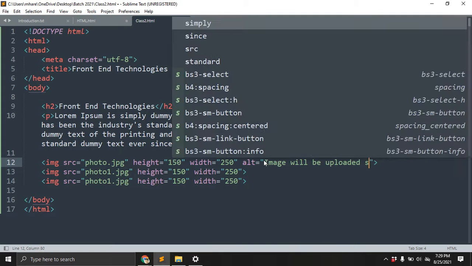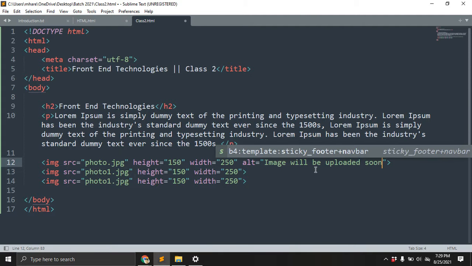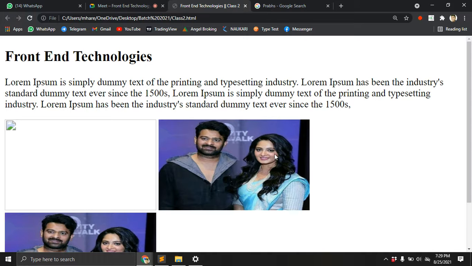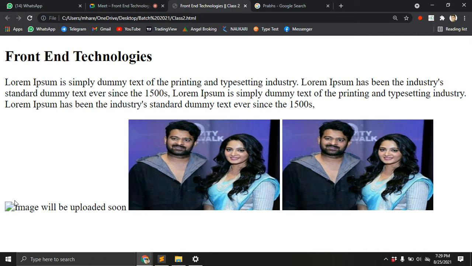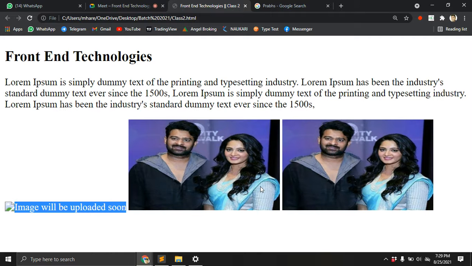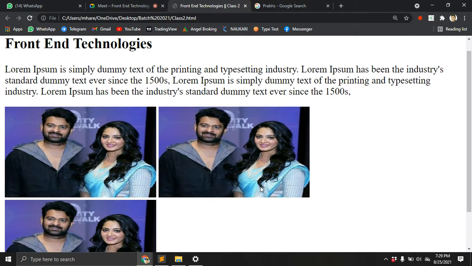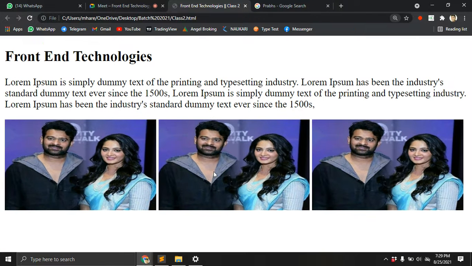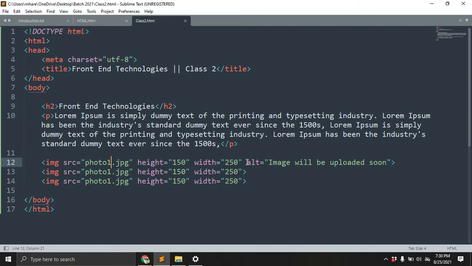will be uploaded soon. That's simple. Okay, let's see. Let's save. Open the browser. Just refresh the page. In that, replace the content. Refresh. You can see the image will be uploaded soon. So that's the purpose. Okay, there is an image. You can see the image name is exactly correct. Let's see how we can do this. Let's save. Open the browser. Just need to refresh. You can see. Okay, it will execute.